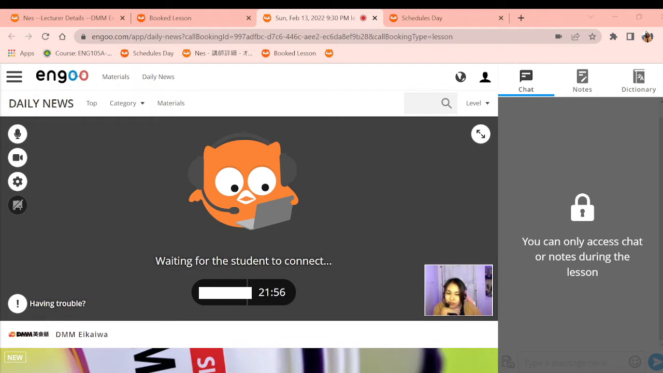Oh, it's there. Capture cursor. Okay, anyways, I'll just be explaining it to you. So, here, in the actual class, there is a timer here, and as you can see there, the timer is ongoing, so it means that my student is late,